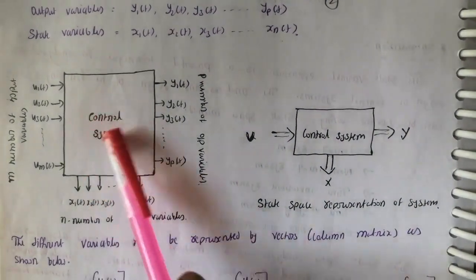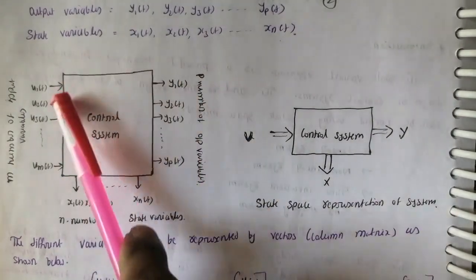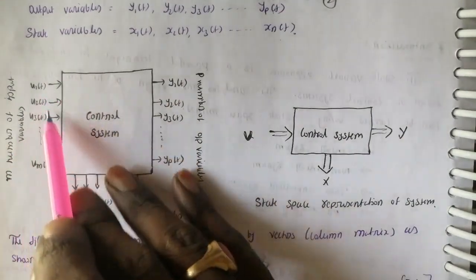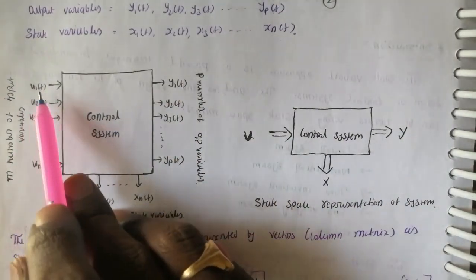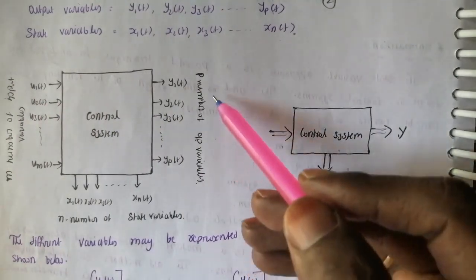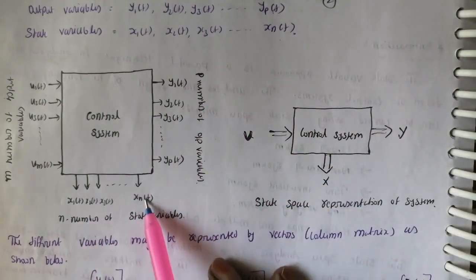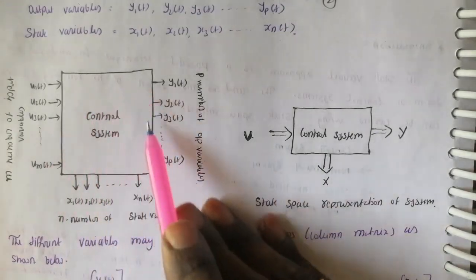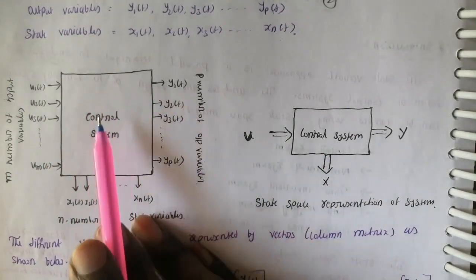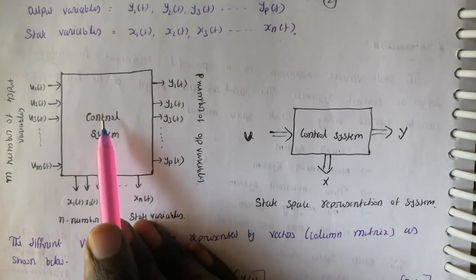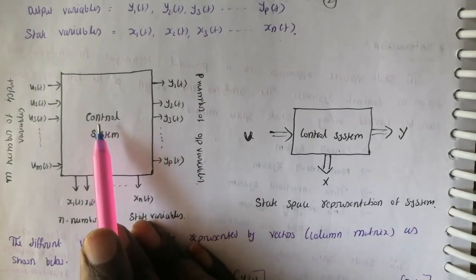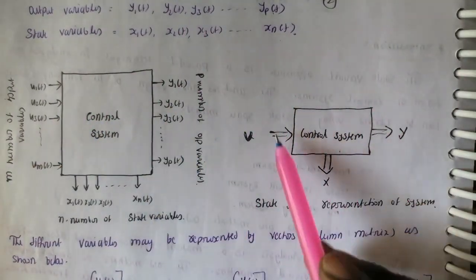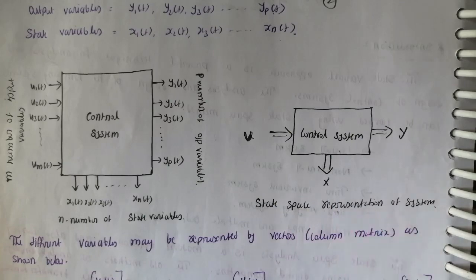Can you see this? This is the representation of a control system consisting of three variables. Here m inputs are represented here, p outputs are represented here, and this is the state variables. By using state variables at a particular input, we can examine how the system will be working and what the system performance is. That is the main importance of state variables in state space analysis. So this is the state space representation of the system.